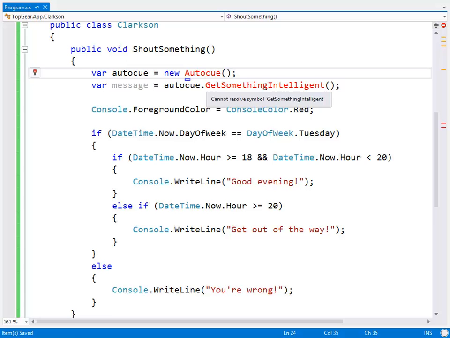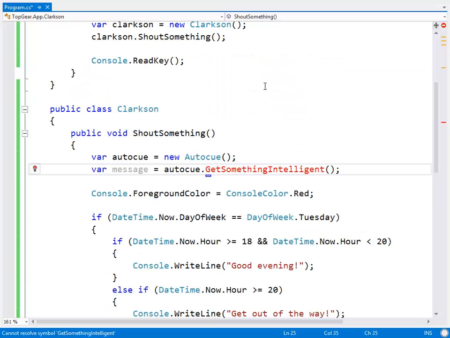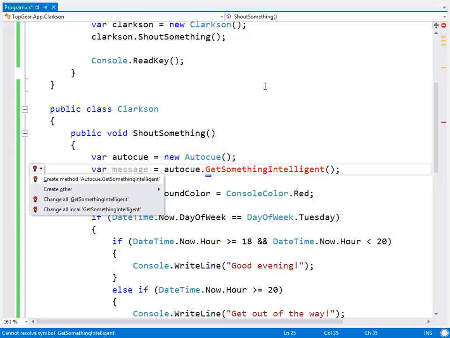So we're going to create an AutoCue class. That will do nicely. Bonus points for anybody who can tell me the keyboard shortcut I just used to go back to that. Alt enter. Control minus. Other one. Took me to the red bit. Alt page up. Alt page up. Well done. Minty or Claire? Minty. Sorry? Not Minty. Not Minty. Here is a not Minty for you. Well done. Alt page up and alt page down in ReSharper are your friends. They say take me to the previous or next issue, whatever your issue is.